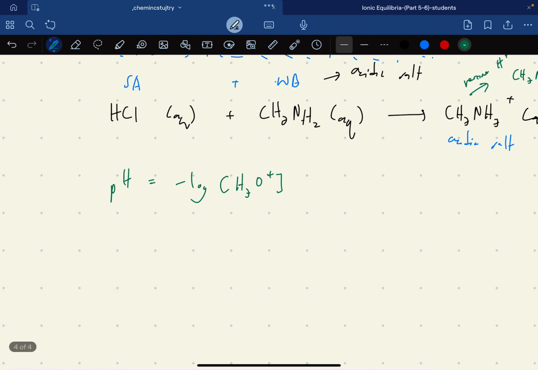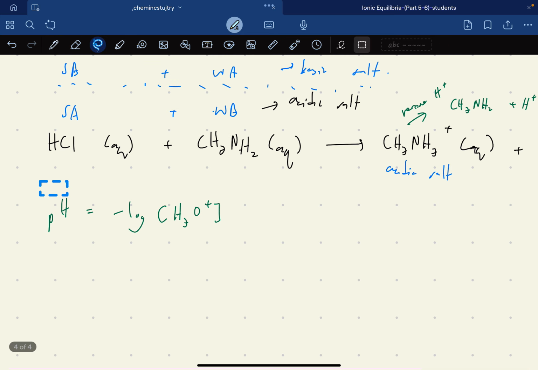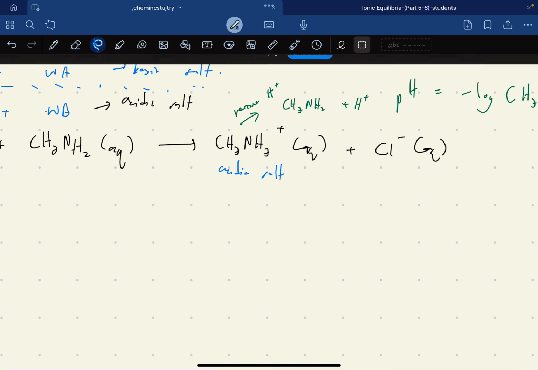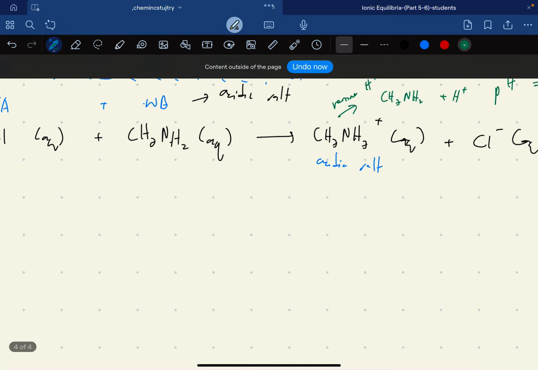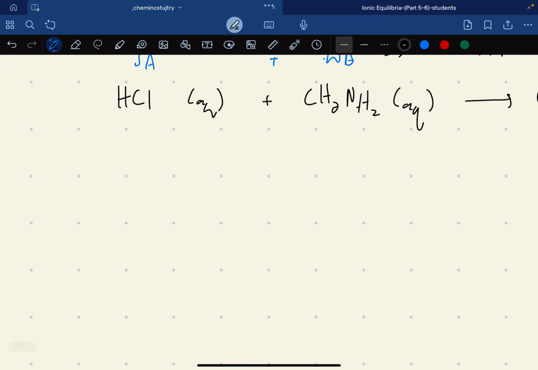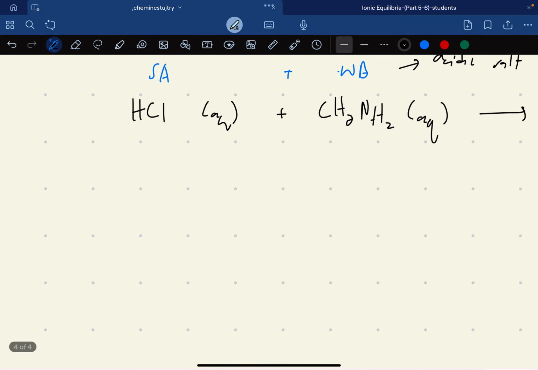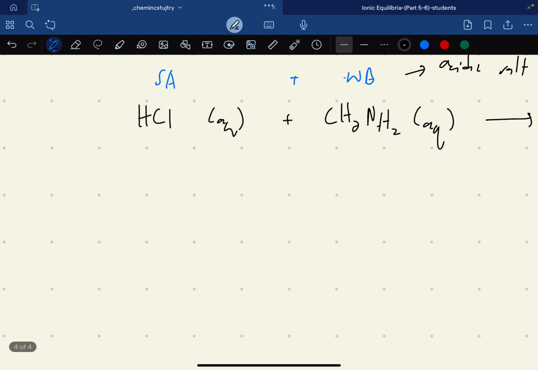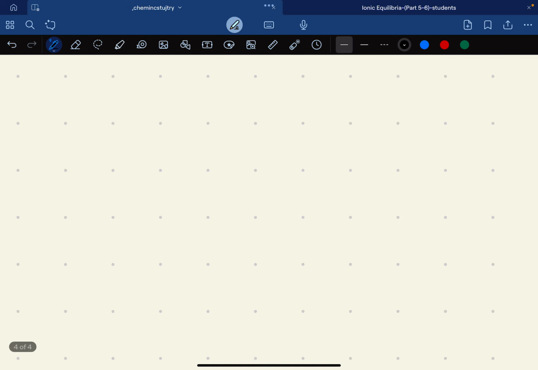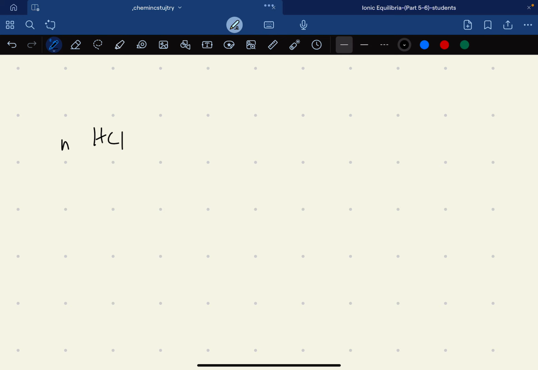Okay, so for this, I'll just move this one here a bit. We'll have to use the limiting reactant concept. Okay, so limiting reactant concept. Let's do an ice table? Ice table, okay, never mind. We'll not do an ice table. First we find the limiting reactant. So the mole for HCl or